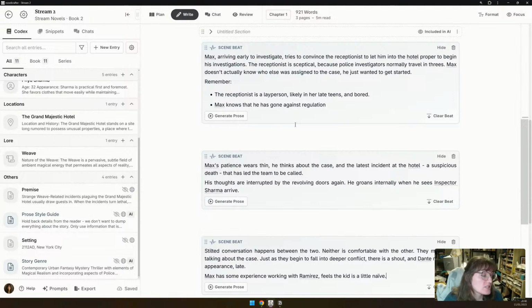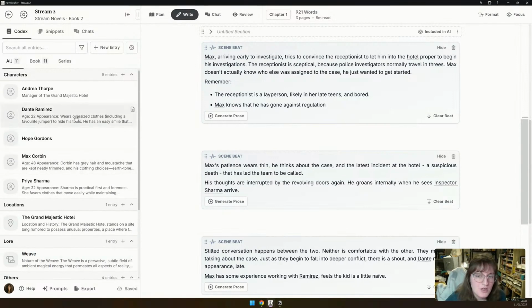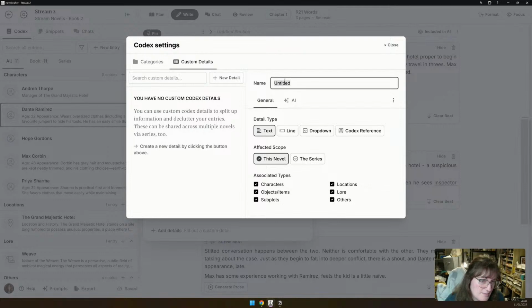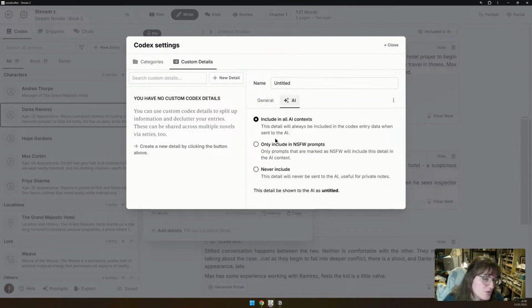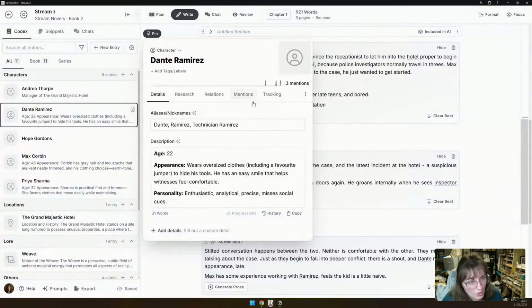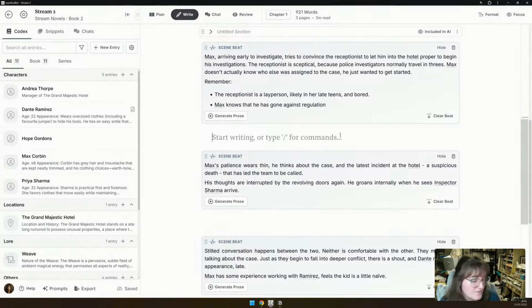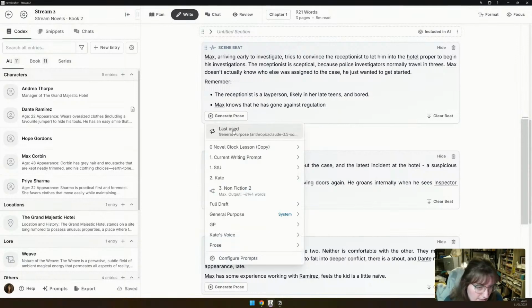What I would do if I was going into a more advanced class, so ignore this if you're just here for the very beginning, is have a detail, maybe called information to, and I would choose to never include it until the moment that I needed to, or I would add in more information as codex progressions, so slash codex progression, and then feed the information that way. 90% of the time, giving the AI all the information in advance never works the way we want it to, which kind of sucks.